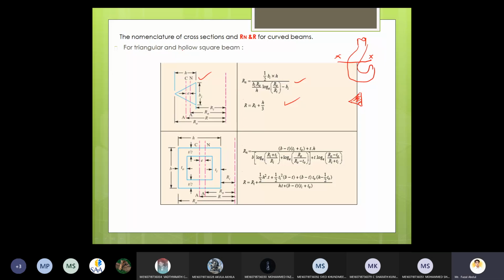Okay, this is the total height of the rectangle. This is the eccentricity, which is nothing but distance between the neutral axis and central axis. Width of the figure, inner fiber radius, outer fiber radius, neutral axis radius, central axis radius. So these parameters are going to involve in this equation. B, I, H, right? And this is for the square hollow section. It means suppose if you cut this section here, if you find it in this shape, so blindly go through these equations. Okay.